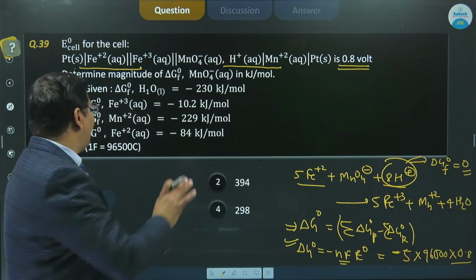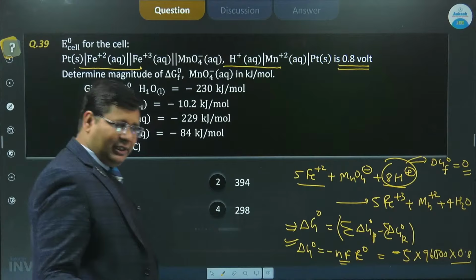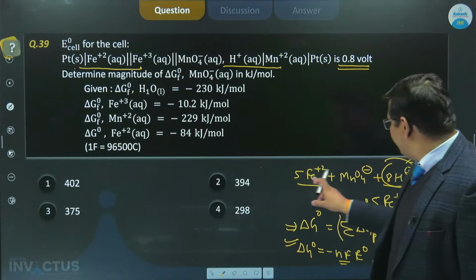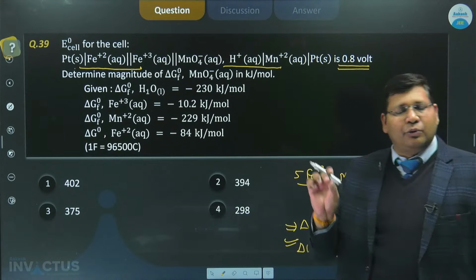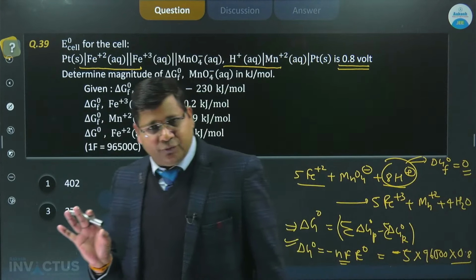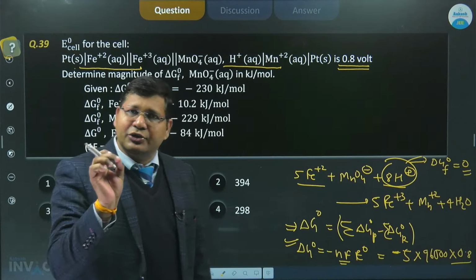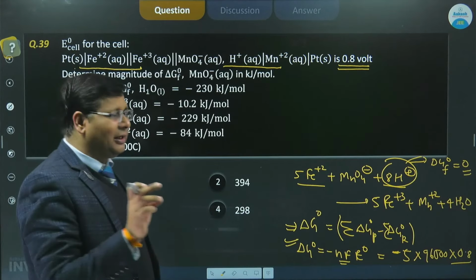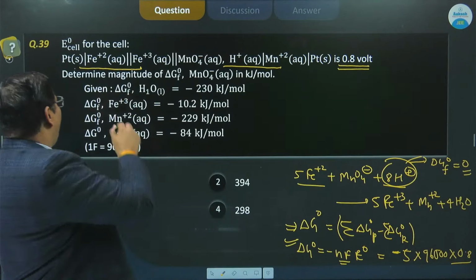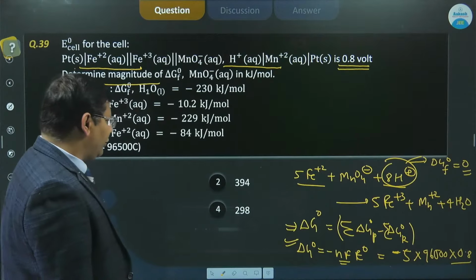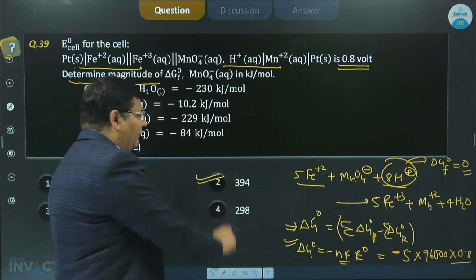तो सिमिलरली बाय सॉल्विंग दिस क्वेश्चन यू विल डेफिनेटली गेट दिस आंसर, क्योंकि आपको प्रोडक्ट और रिएक्टेंट दे रखे हैं, तो अब तो सीधा मैथमेटिक्स का सिग्मा वाला क्वेश्चन हो गया। बट कीप इन योर माइंड, स्टोइचियोमेट्री अगर आपने गलत लिखा तो मल्टीप्लाइंग फैक्टर आपका चेंज हो जाएगा। तो अगर मल्टीप्लाइंग फैक्टर चेंज हो गया तो आपको न्यूमेरिकल में बड़ा मिस्टेक हो सकता है, प्लस माइनस का बड़ा ख्याल रखना आपको इसमें, ठीक है। और वैसे भी यहाँ मैग्नीट्यूड बोलता है, जो भी आपका आंसर है आपको मैग्नीट्यूड में लेना है। तो बाय सॉल्विंग दिस यू विल गेट डेफिनेटली दिस आंसर।